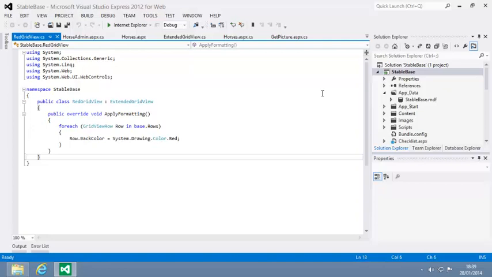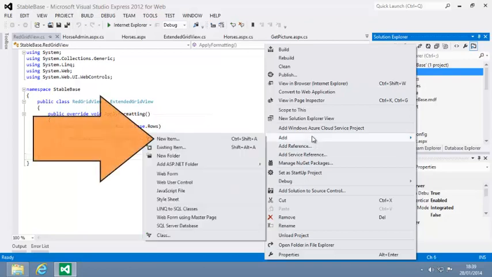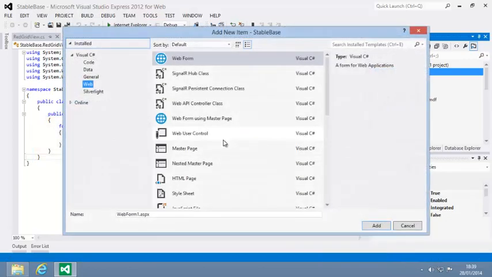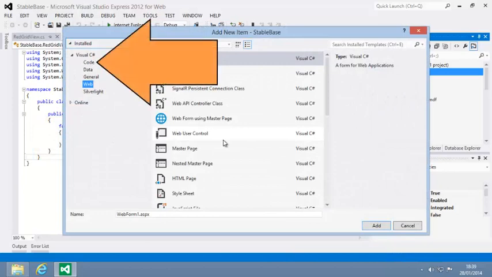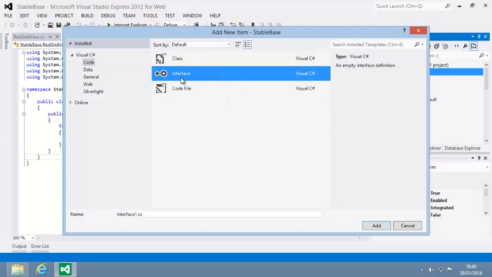To do this, right-click on StableBase in the Solution Explorer and click Add, New Item. Then click Code in the left-hand pane, click Interface in the central pane, and in the name box, enter